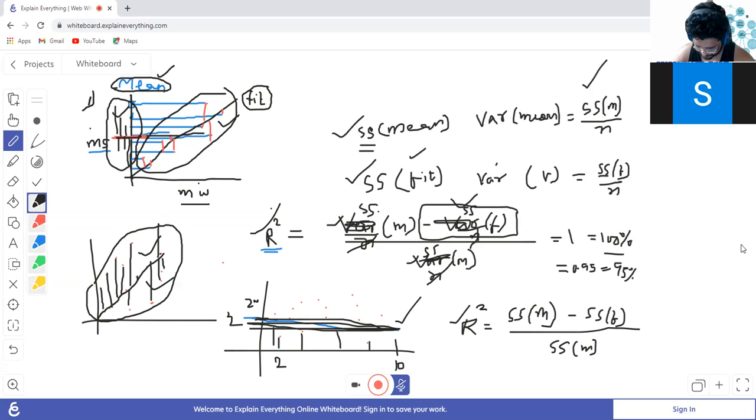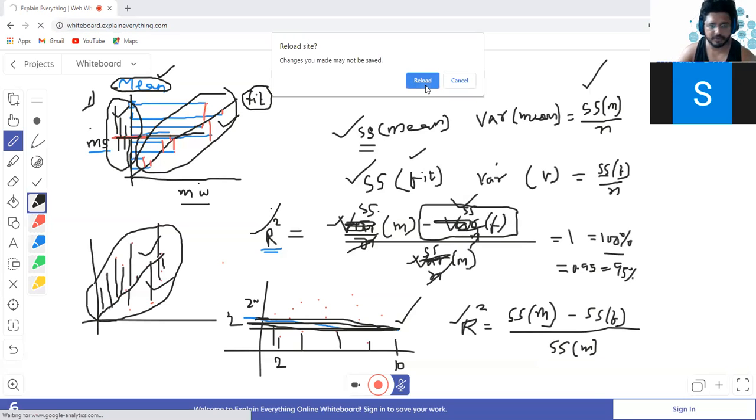Okay, and in the same example where you have given the MW and ML, if one more feature is included in this graph, the formula will still remain the same, right? Here you have given one x and one y, one input and one output. If I introduce one more input, that is called multiple regression. I'll tell you about it. Will the formula change or remain the same? It will change a little bit, but I will tell you what the change is and how to read it.